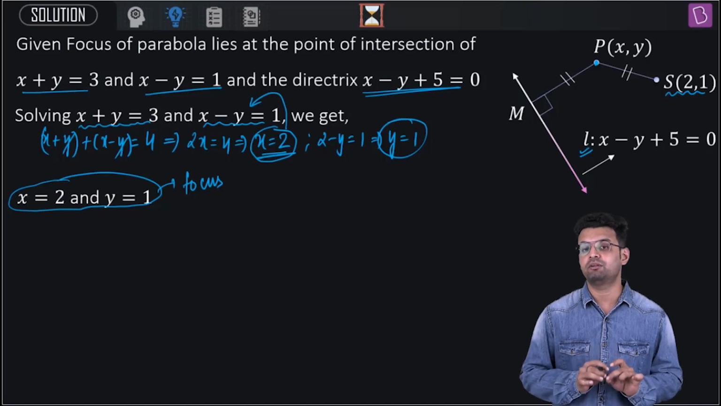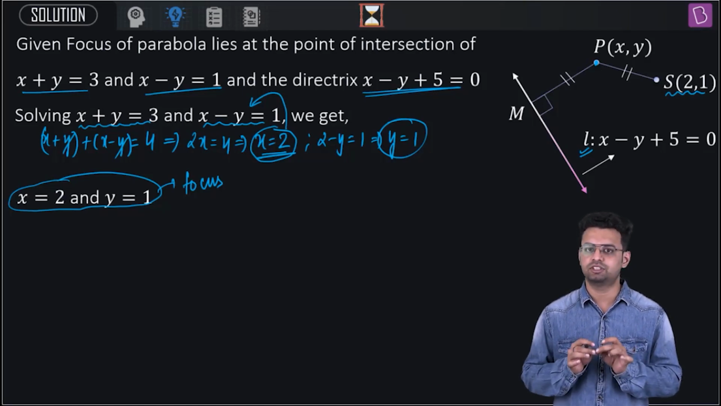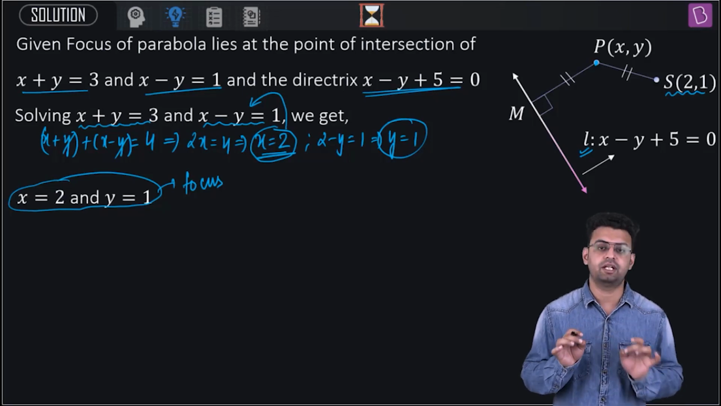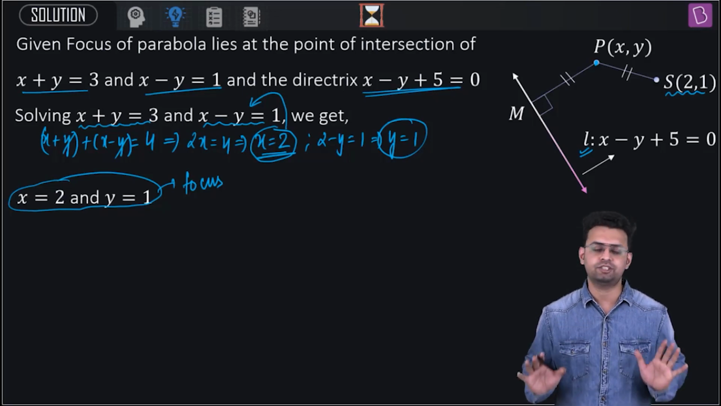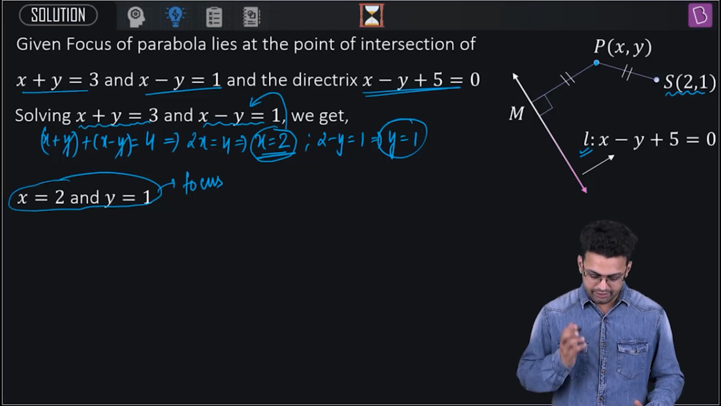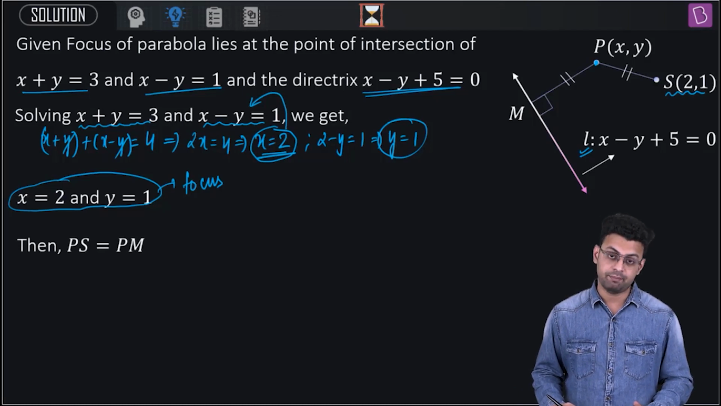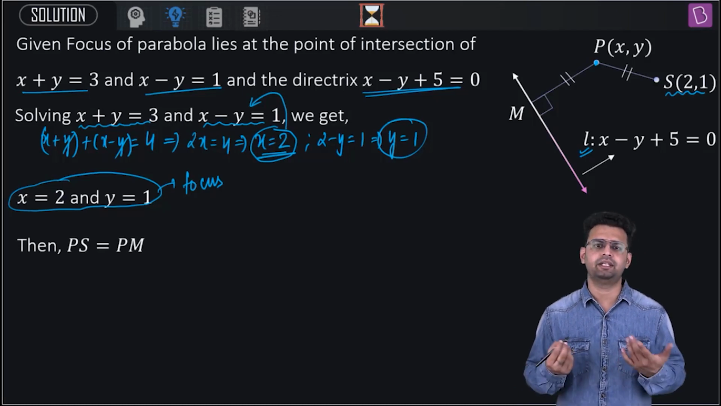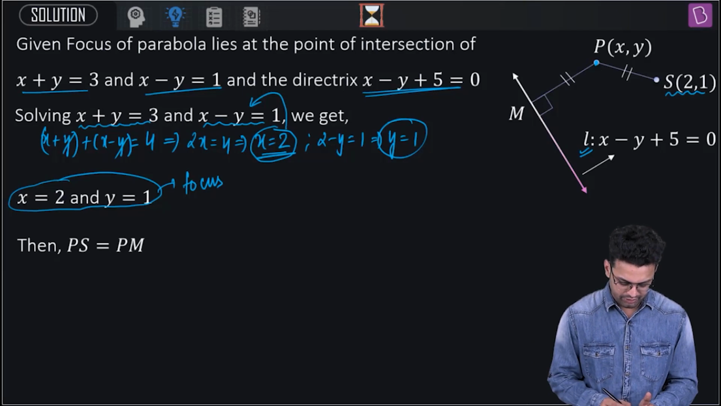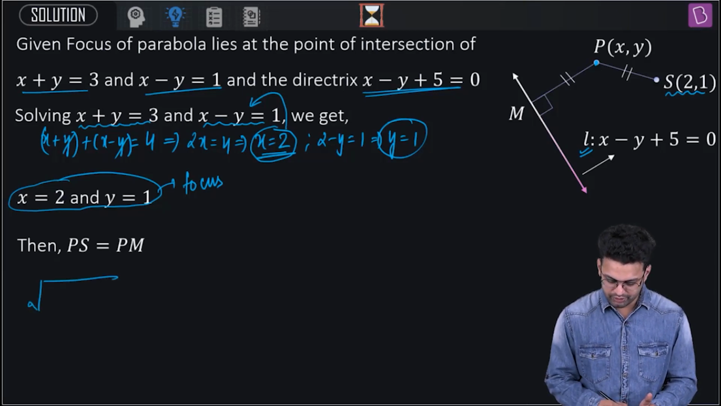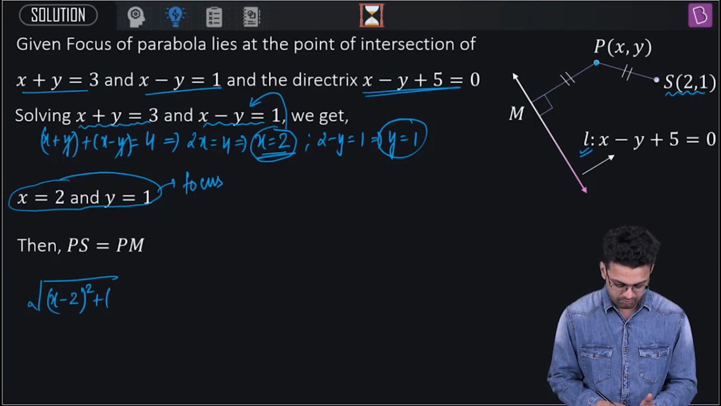The distance of point P from the focus and the perpendicular distance of this point P from the directrix is always going to be equal. Correct? So that means PS is going to be equal to PM. PS can be calculated by using the distance formula. Tell me the value of PS. So it is going to be root over (x minus 2) whole square plus (y minus 1) whole square,